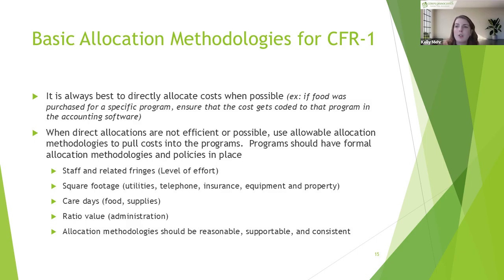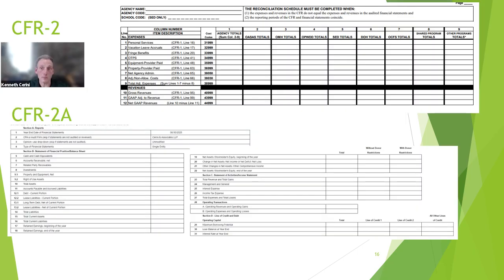So again, we outlined some of the most used allocation methodologies. For staff and related fringes, you can allocate based on level of effort. You can use square footage for utilities, telephone, insurance, equipment, and property costs. Care days you might want to use to allocate food and supplies, and then ratio value. And again, it's important that if you are using an allocation methodology, the CFR claiming manual